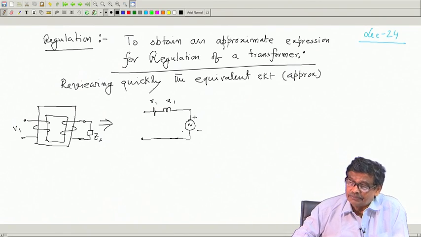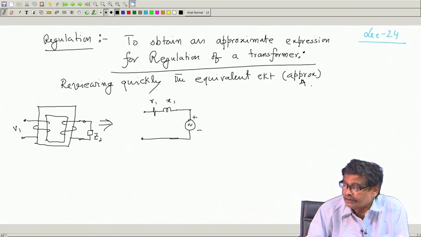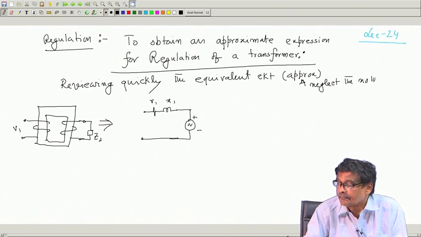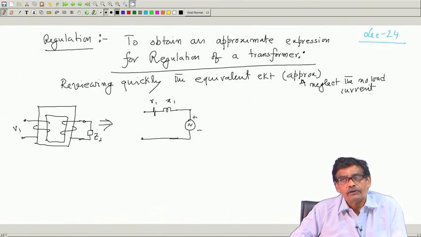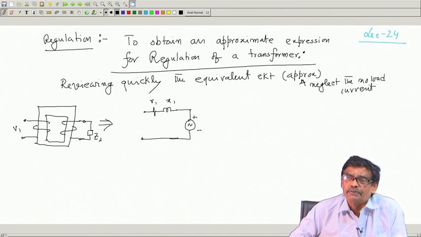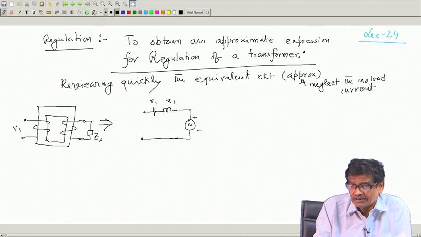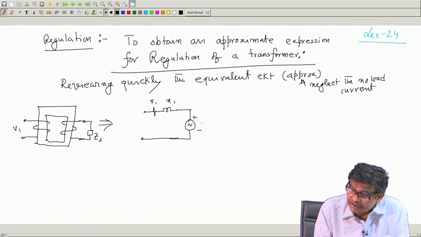In other words, why it is approximate: we will neglect the no load current, because the no load current, which comprises the core loss component of current and the magnetizing current, is only about 5% of the rated current, and the drop because of that in R1 X1 or R2 X2 is very small. So, this is the thing, and this is E1,